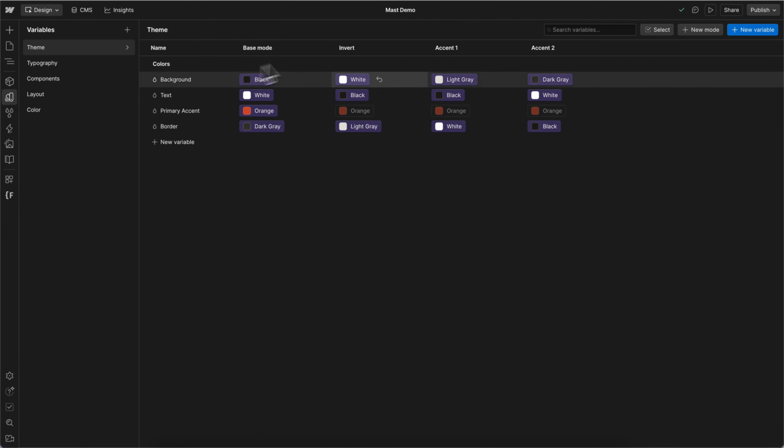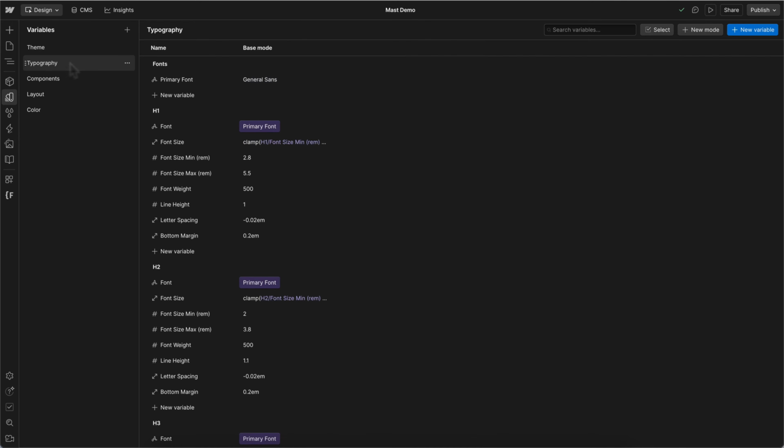Some projects, for example, that just have light and dark mode will delete these 2 and just keep these 2. Some might only have 1 mode and they don't really care about other variants, but this is up to you in your project and how you want to control it. And then from there,